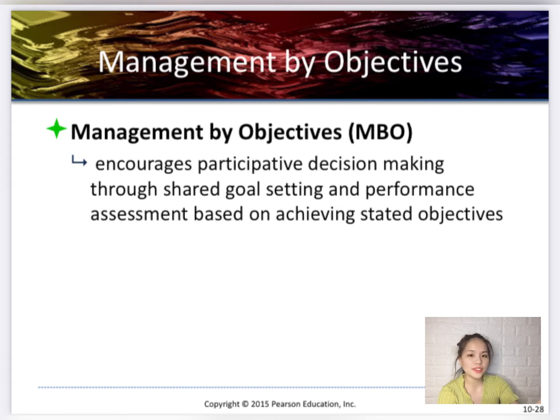Management by objectives encourages participative decision making through shared goal setting and performance assessment based on achieving stated objectives. So, management by objectives is a strategic management model that aims to improve organizational performance by clearly defining objectives that are agreed to by both management and employees.